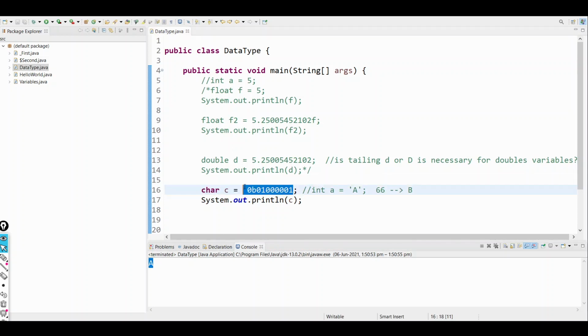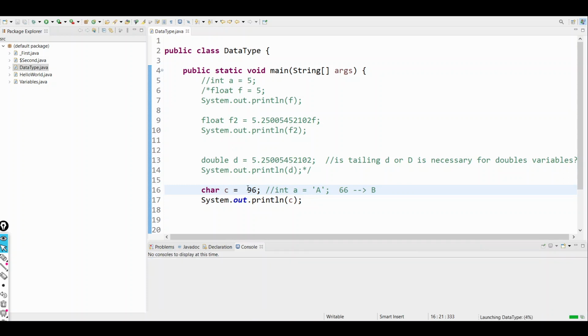Now if I want to give the value as 96, what will be the answer? It is this mark, okay? So for 96 it is that mark. Now if I want to give 99, let's see what is the output. It is C, okay? So it is fetching the ASCII value, but if I give this inside the single quotes